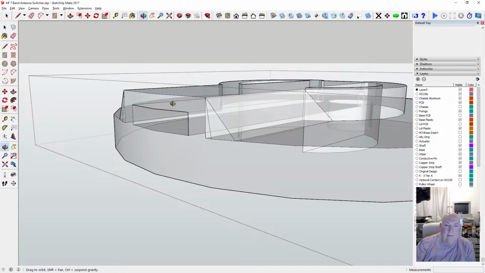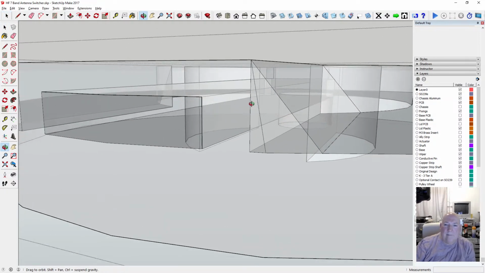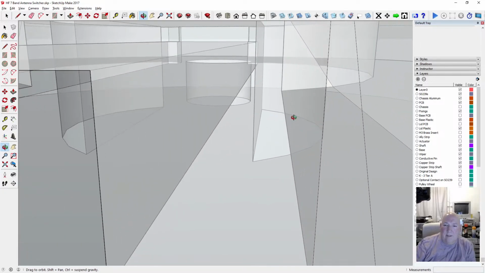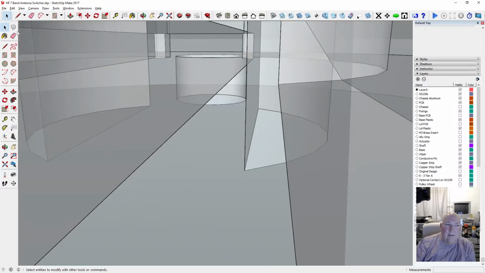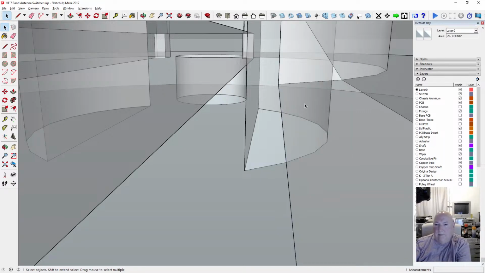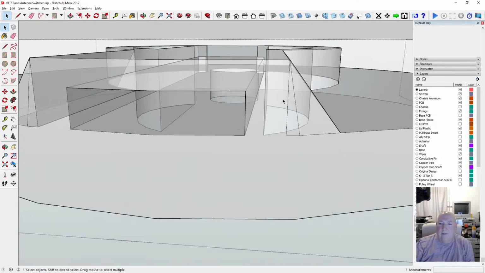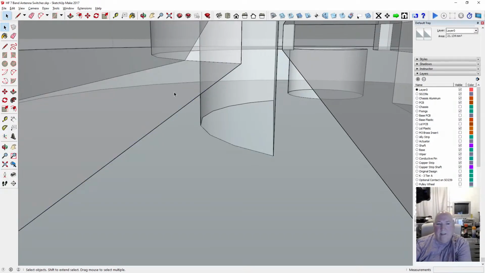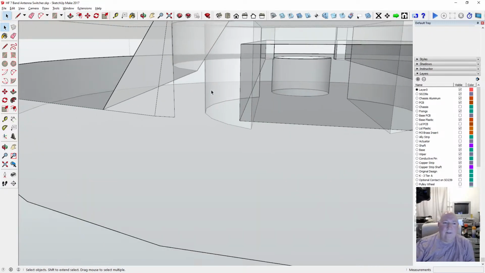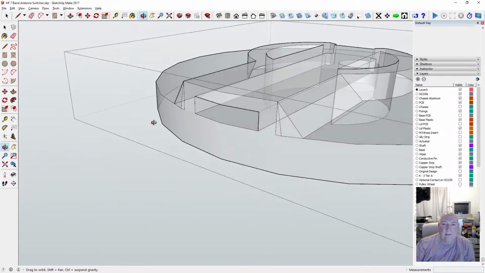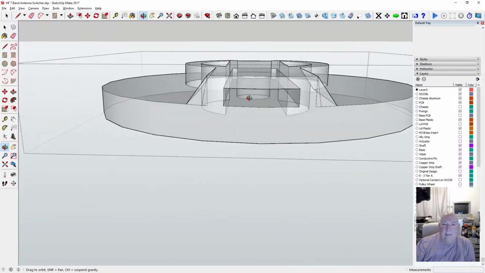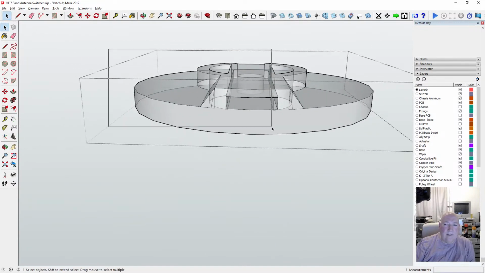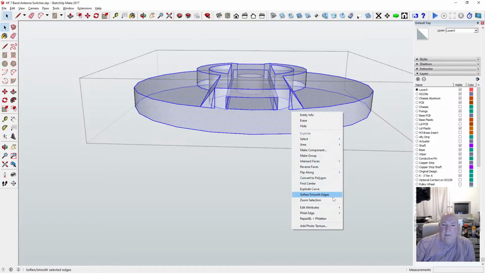Right, so we're back to where we got to, so I can't move that one. Let's go into it. Let's just get rid of the back end of it. Yeah, so we've got to get rid of this one, that one, that one, that one, and that one, and that's it. And this one, get rid of that, and that. Right, everything else stays. Yeah, and let's do a smoothing action. See if we can get rid of any lines.